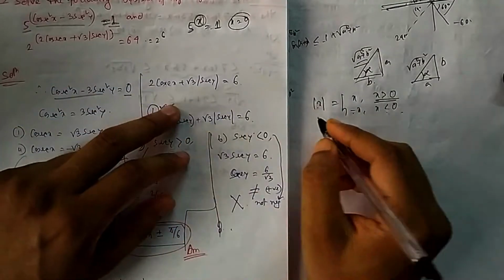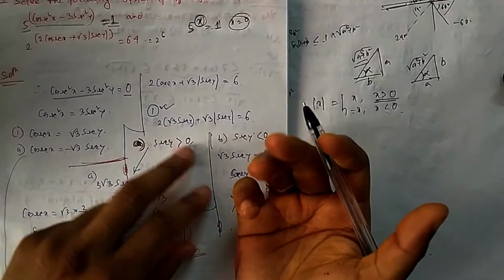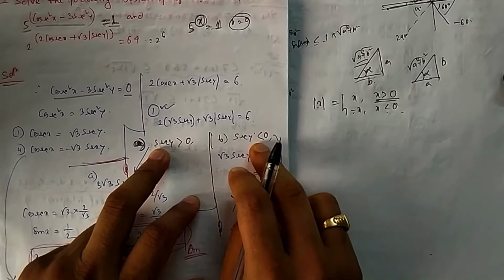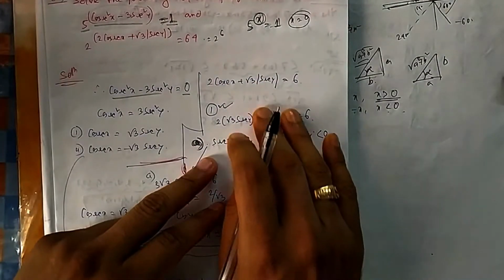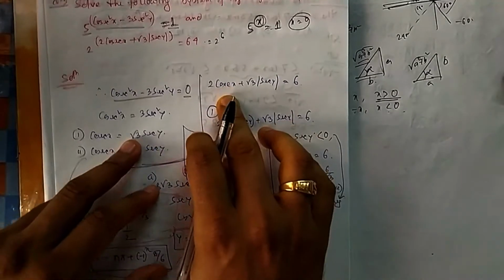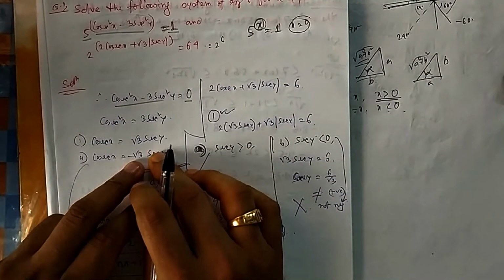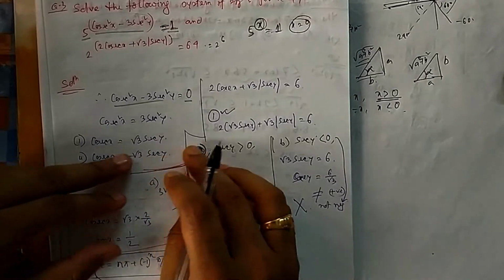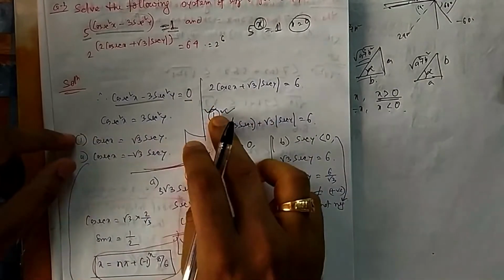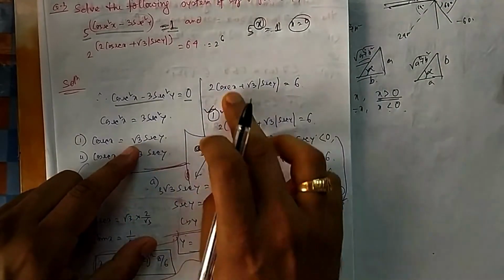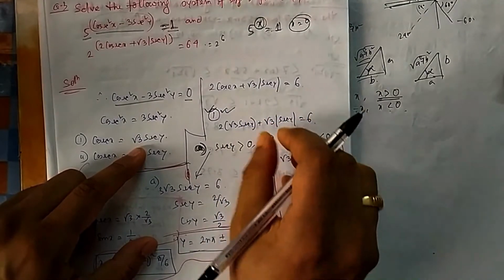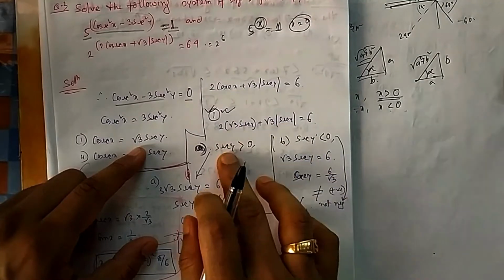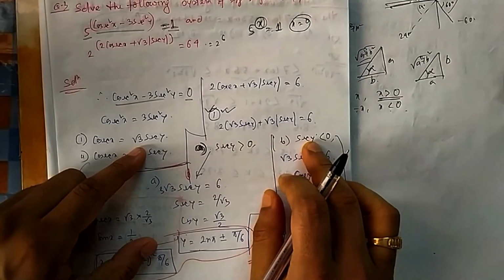Okay. So similarly, root sec y you can divide into 2 parts. One is sec y is greater than 0, one is sec y is less than 0. So before coming to this, instead of cos x, you can put either this or this. Both things are there. So let me take the first one. I am considering the first equation. So I am considering cos x equal to root 3 sec y. Okay, I am putting it here, and then this. Now after that you have 2 cases. One is sec y is greater than 0, one is sec y is less than 0.